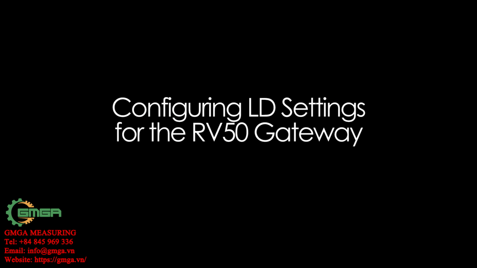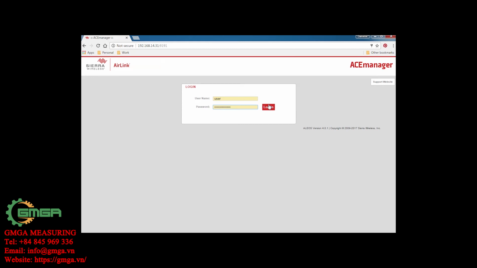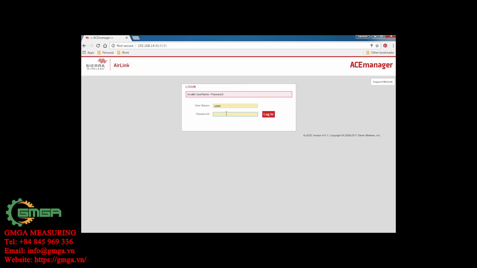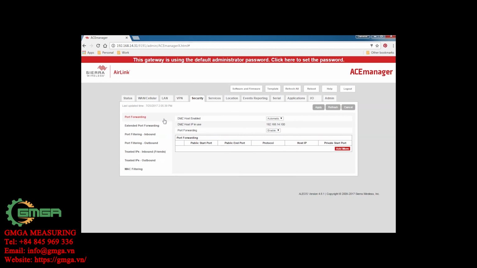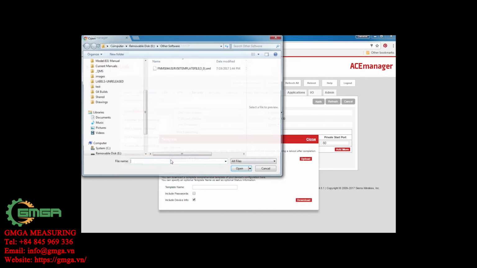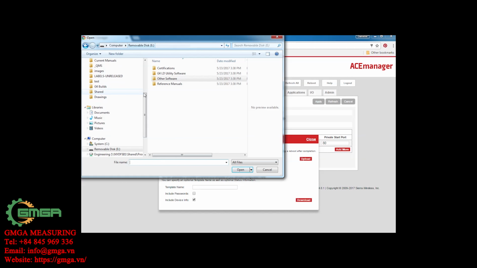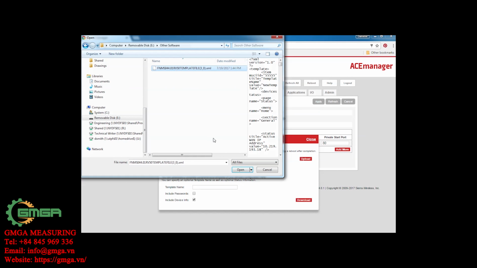Now I'm going to show you how to load the LD settings on the RV-50. If you purchase the RV-50 separately or it has been reset to its default settings, you will need to load the settings manually. The default password is 12345. Go to the Security tab and you can see that there are not any ports specified, so let's upload the template. The template is located on the USB drive provided with the system, or can be found online at larsondavis.com